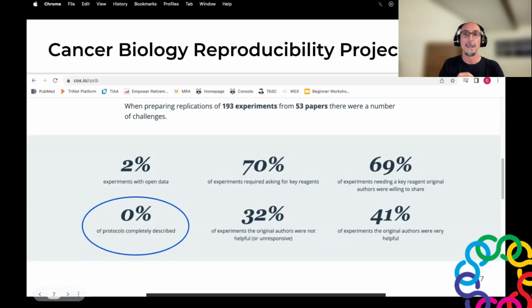Equally striking, when researchers from the reproducibility project contacted the original authors, they also discovered that these authors could not always tell how their own experiments had been done. Therefore, the problem of lack of reproducibility goes beyond the lack of adequate reporting in published articles, but also highlights deficiencies in the way researchers keep records of their own experimental protocols for housekeeping.